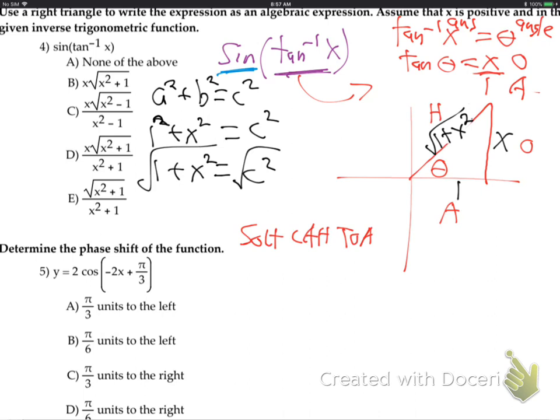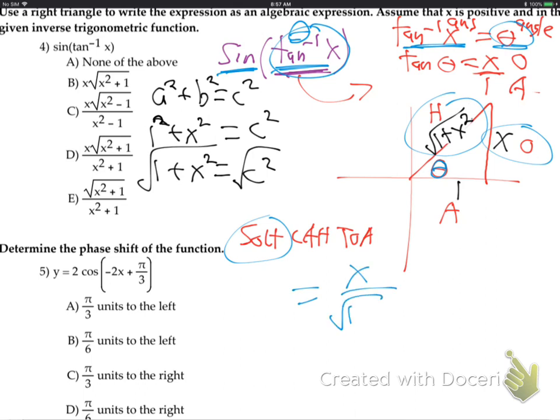They want the sine. What's the sine? Of inverse tangent, by the way, what is inverse tangent? It's theta. See, inverse tangent equals theta. So they want the sine of theta. So the sine of this angle theta. Opposite over the hypotenuse. It's going to be x over the square root of 1 plus x squared, but